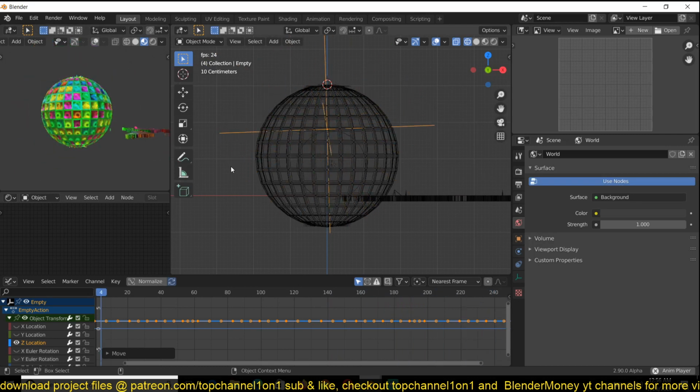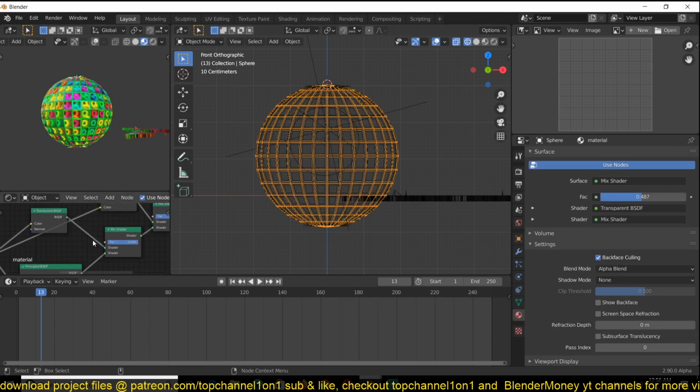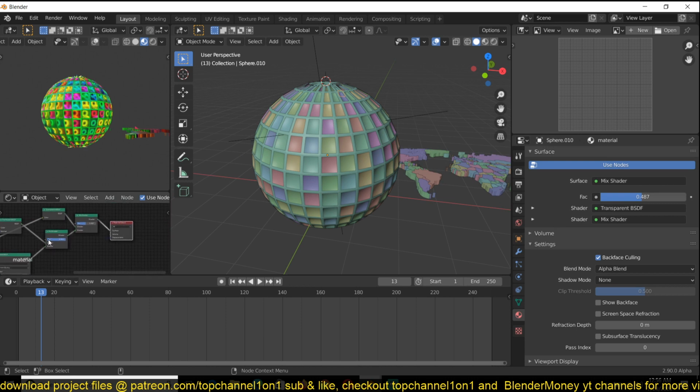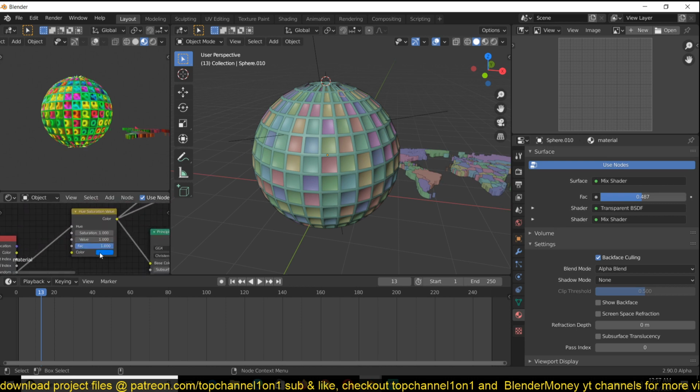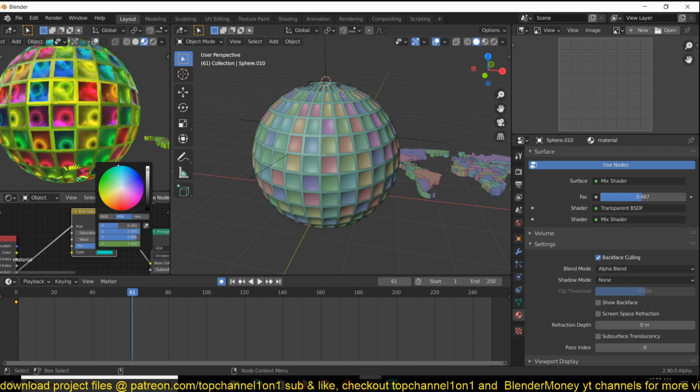Okay, nice. Now what else can we animate here? We need to animate these lights as well. So that was the color. Yeah, this here. Just animate this as well. Change the values.